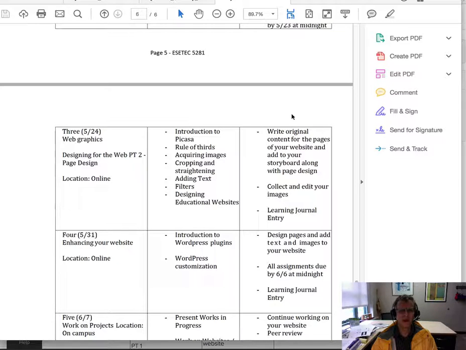We'll focus on page design and to get each page looking attractive and, I'll use that term a lot, usable. And so during that week 3, you'll start writing your content for your pages, and you'll add that to your storyboard, along with some